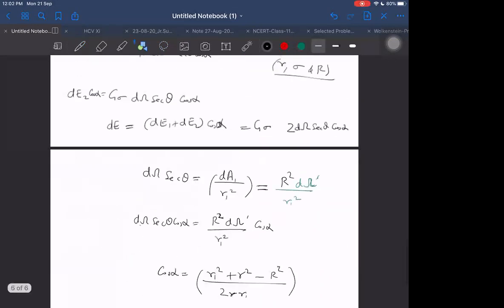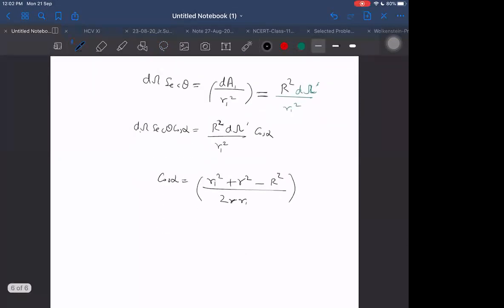What I was expecting: I was expecting the answer should be this one. Now I don't know whether I was expecting it right or not. G dm1 plus G dm2, because there were two masses being taken into account. G into R dm square upon r square. This was what I was expecting, means G into sigma into dA1 plus dA2 upon r square. I was expecting this answer.